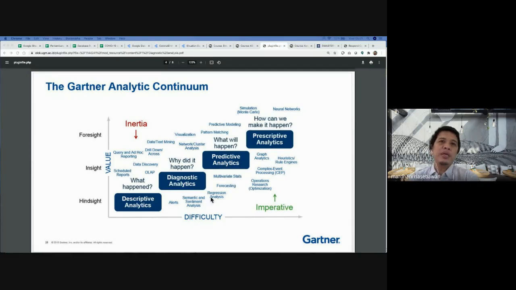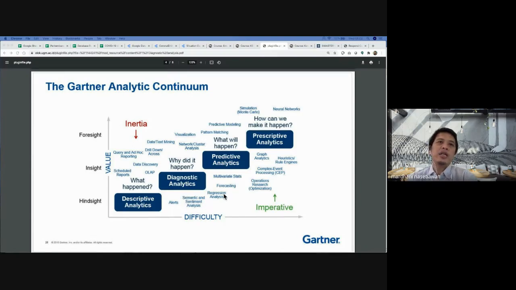Of course, here we try to get the insight and foresight of the data. In the imperative, we also use alerts, and do sentiment and semantic analytics. If you are familiar with sentiment analytics, it is like using the diagnostic.